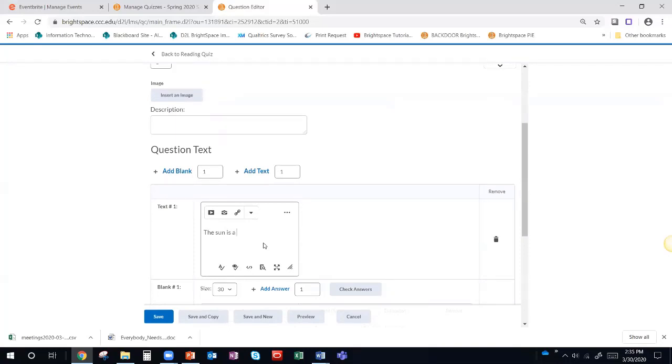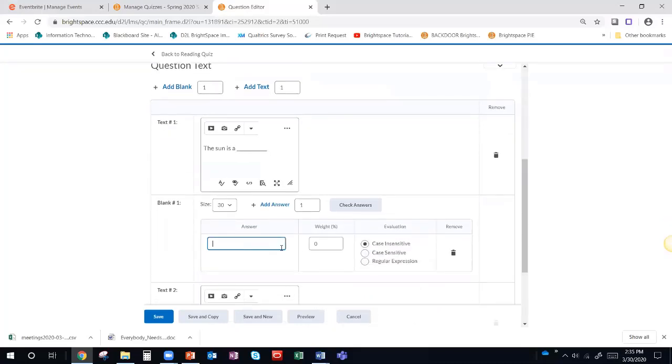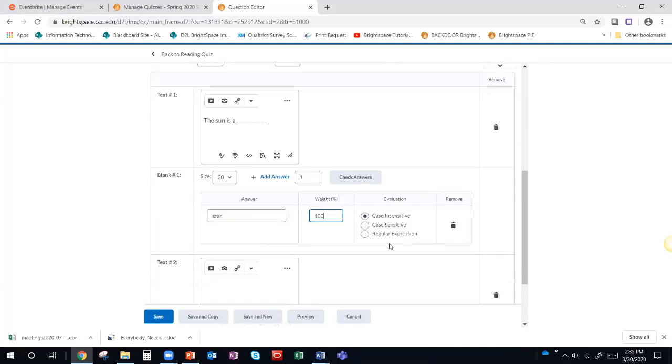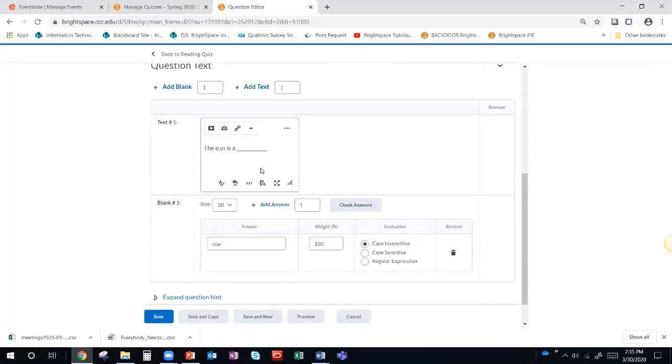The sun is a, and I might put this underscore here, and then my blank is star, and the weight is 100%. I'm not going to have multiple blanks in this example. And I'm going to choose case insensitive because I don't care if they put a capital S or a lowercase s, I still want it to be graded correctly. And then I'm going to remove this text number 2 because it's just going to be one fill in the